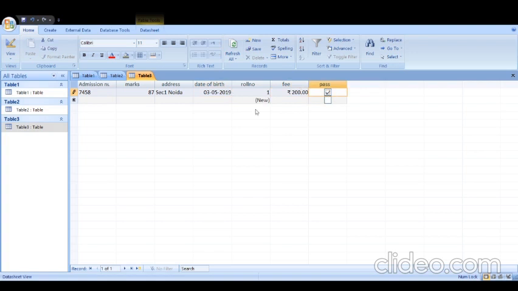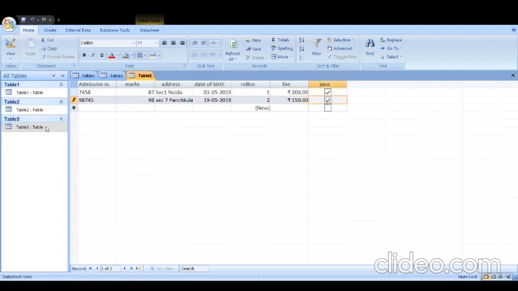When I go to the next record, I enter the next admission number, marks, address, then date of birth, any date of birth you want. Automatically 2 is here. I am writing the fee and saying pass yes. This way you can enter the data.